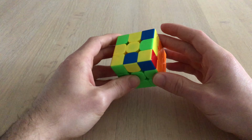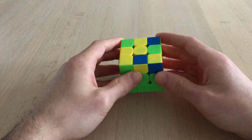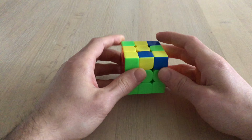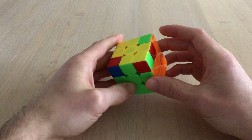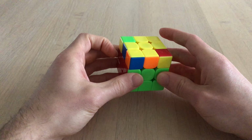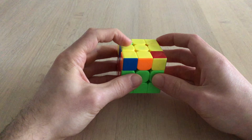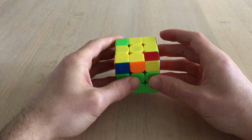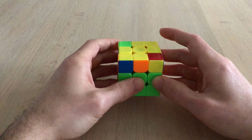Then I got this OLL. What I'm going to do is just solve the edges, so that I might get a ZBLL case that I know. And in this case, it's just